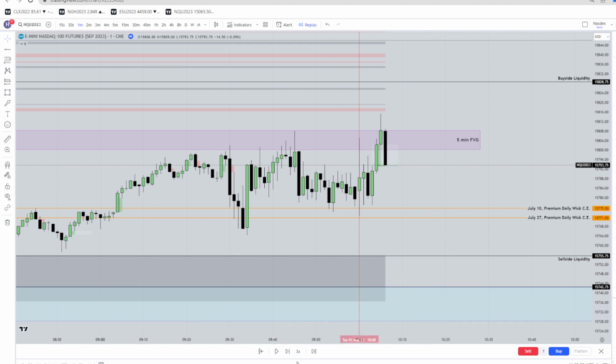By the way, at this point, because we're a few minutes out of the news, it's time to start thinking about if you're going to enter this trade, when and how. What I would do, looking at it, of course it's always easy to do in hindsight, is put my entry right there, and I would put a stop